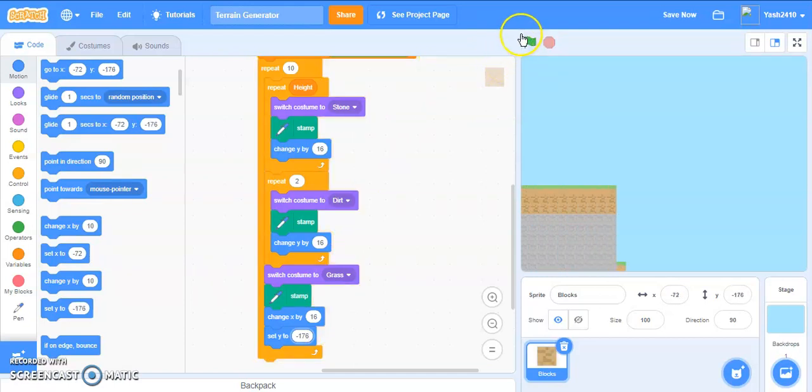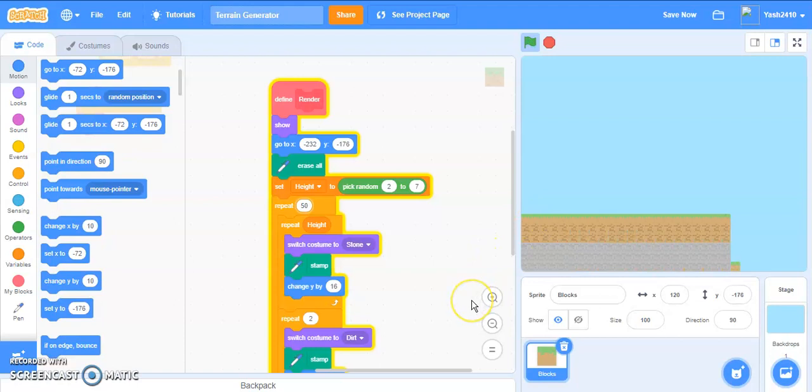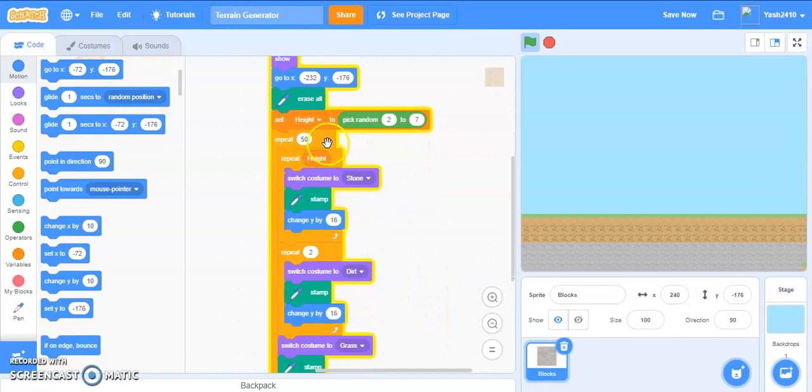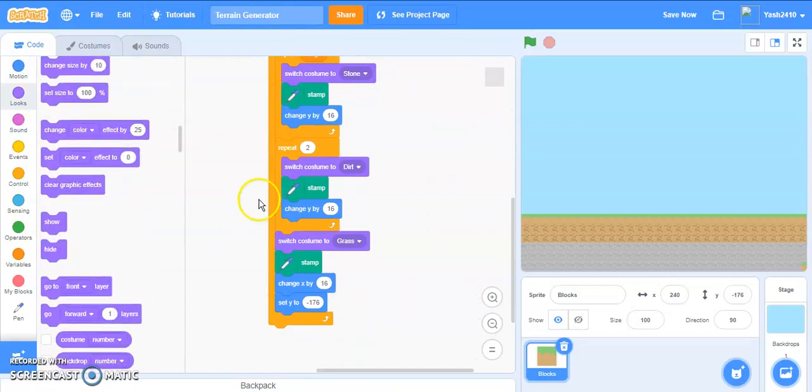But right now we can see our terrain is generating, but it's not random. Will repeat this 50 times. You can see it's not completely random because it's generating a completely straight terrain, and we don't want that. We want some curves and it should drop down. So, and we will hide,